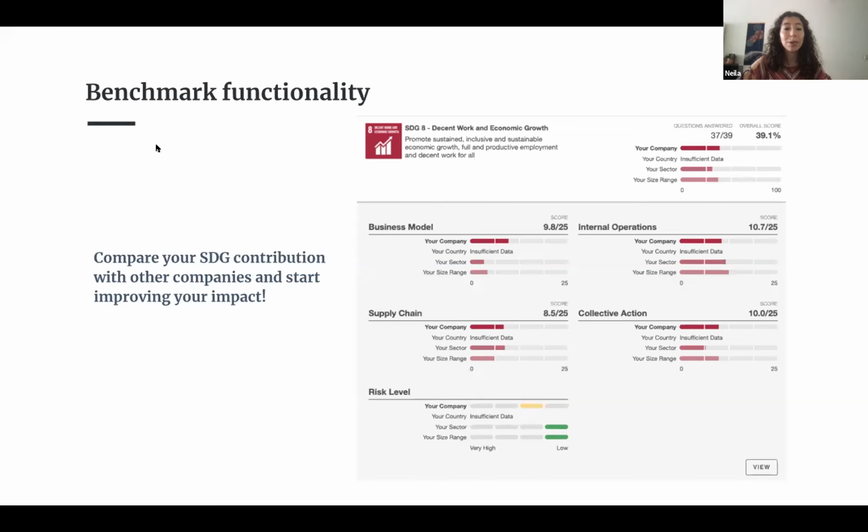And one of the most popular functions in the tool itself, if you're keen to understand how you're contributing compared to other companies, is the benchmark functionality, helping you compare your results to other companies from the same country, or from the same sector worldwide, or companies from the same size range worldwide.